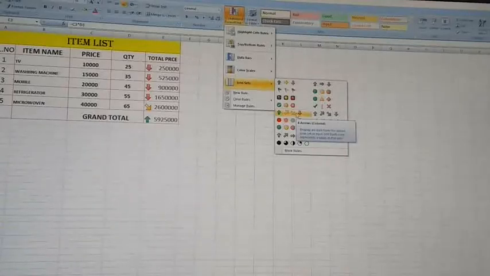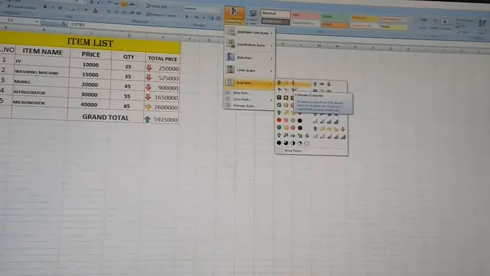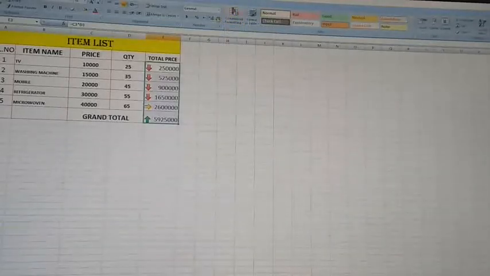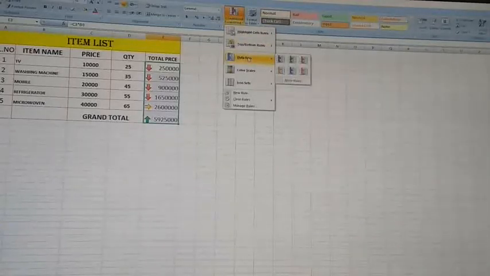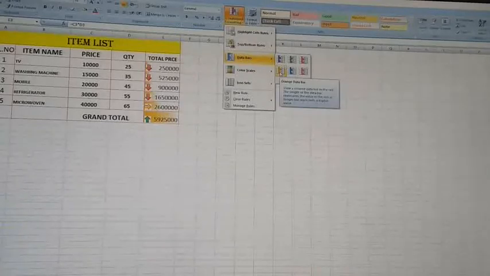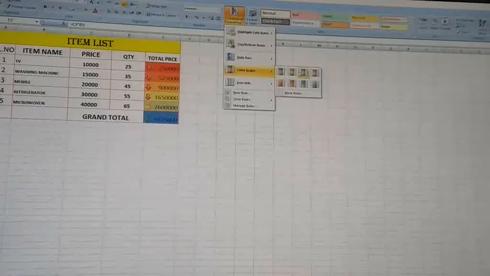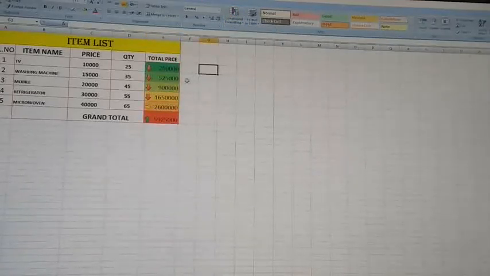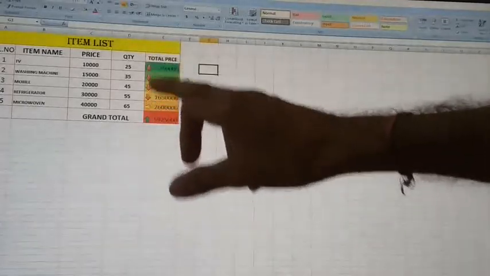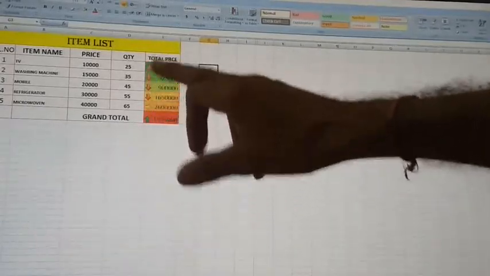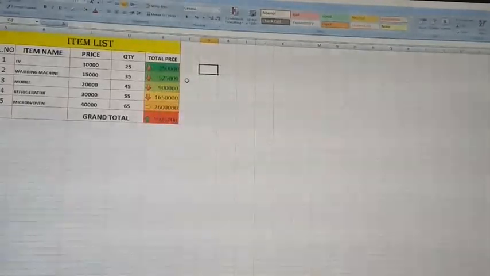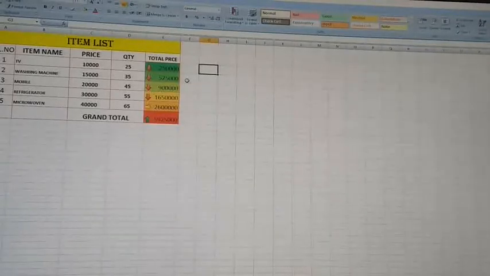We can choose and give the conditional formatting options. Okay, like this, different colors with some bullet marks are there. So this is called conditional formatting, a very important feature.